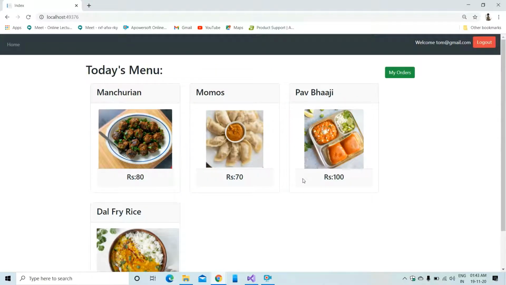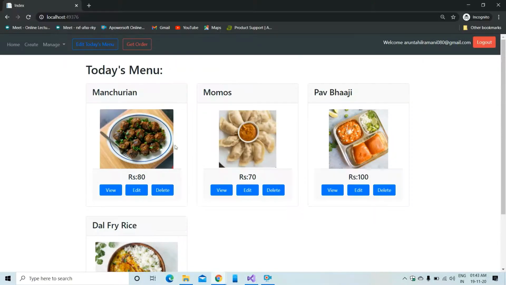Okay, so now we are logged in to the web application, and you can see that the user is registered and logged in, but there is still no mechanism for ordering the food. This is because of a restriction we have kept so that students outside our college cannot make use of this web application. Okay, so to allow this registered student to order the food items, we have to go to the admin side. So now let's move to the admin.